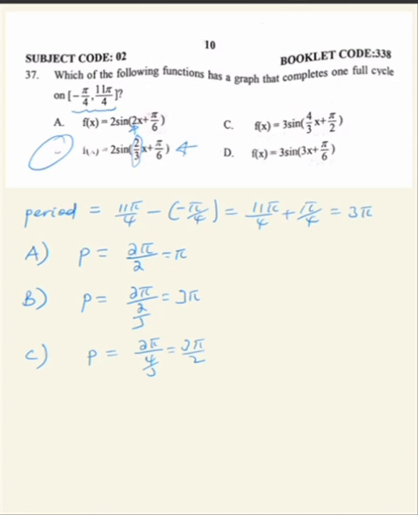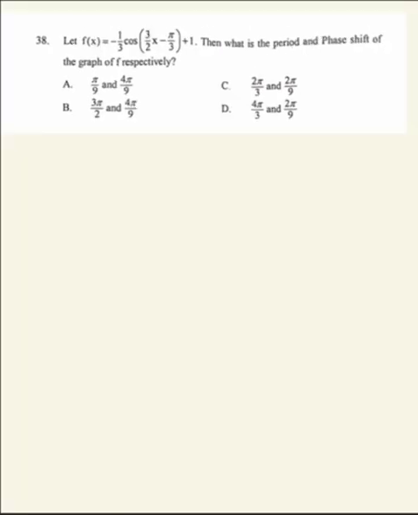3π/2 ነው ማለት ነው ወደ d ብትሄዱ ፔሪዮዱ ምንድነው የሚሆነው 2π/3 ነው ኦኬ ካሉት ፋንክሽኖች ውስጥ ፔሪዮዱ 3π የሆነ ወይንም one complete cycle on this interval ሊጨርስ የሚችለው b ውስጥ ያለው ፋንክሽን ነው ማለት ነው so መልሳችን ለ37ኛው ጥያቄ b ነው የሚሆነው ማለት ነው 38ኛው ጥያቄም ጋር ስንመጣ ስለ graphs of trigonometric function ነው የሚያወራው so for this function we are asked to find the period and phase shift okay so period ማለት 2π over the coefficient of x እቺ ጋለችውን የxን coefficient ተወስዳላችሁ 2π over that number 3/2 so the period of this function ምን ይሆናል